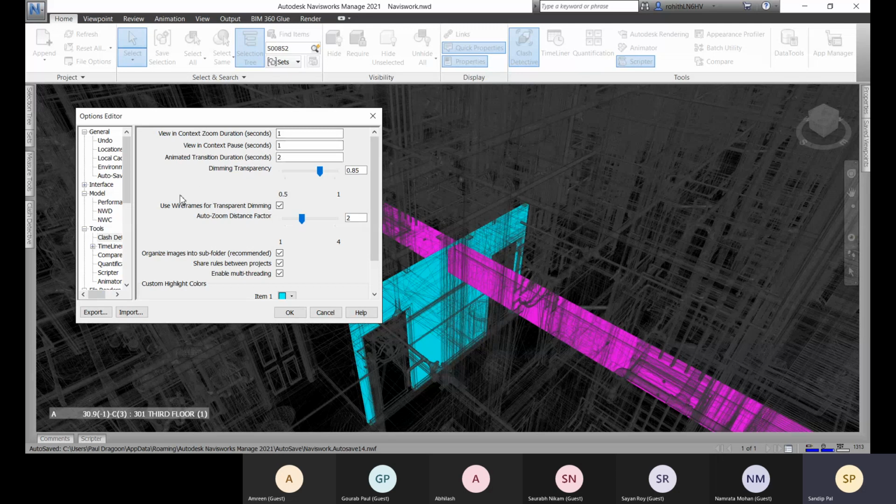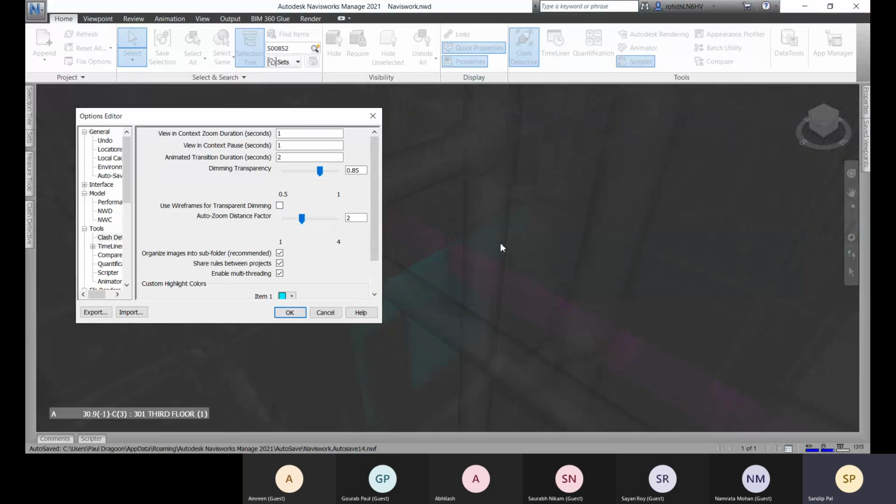And the dimming: the other parts are dimmed, right? So how much the dimming transparency will be, you control over there. And about use wireframes for transparent dimming: if you don't use wireframe, it will be solid, just the dimming reflection you get without this wireframe option.